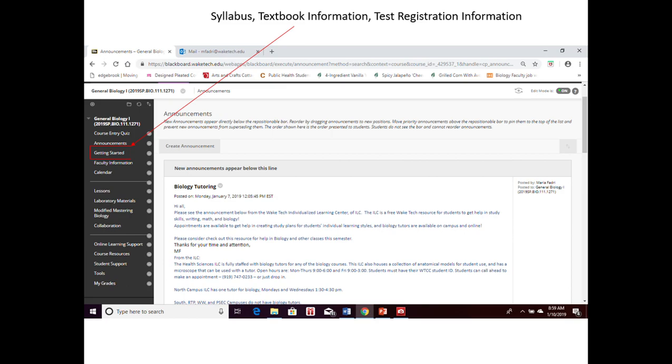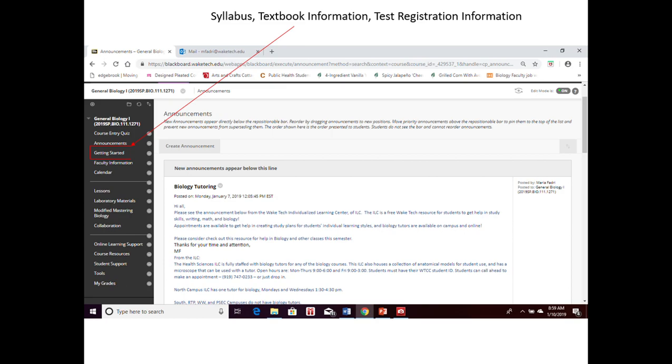is going to be the place where I put information and announcements for students. I try to have an announcement at least once a week, if not a couple of times a week, so if there's anything important that I need to share with the entire class, I'll put it on the announcements page for y'all to find. The second thing that I need to let you guys know about is the Getting Started